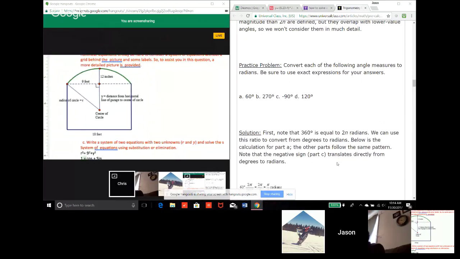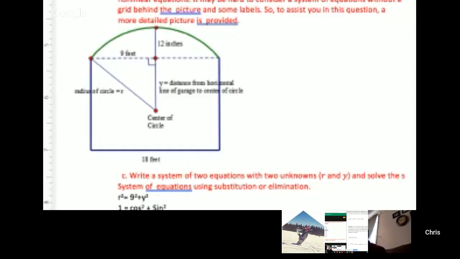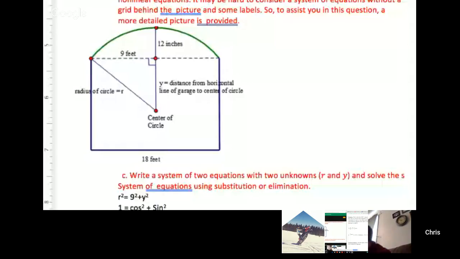Oh, so if we convert 90 degrees to radians, would that help us? I don't know. So it's negative pi over 2 radians, but I don't know if the proof